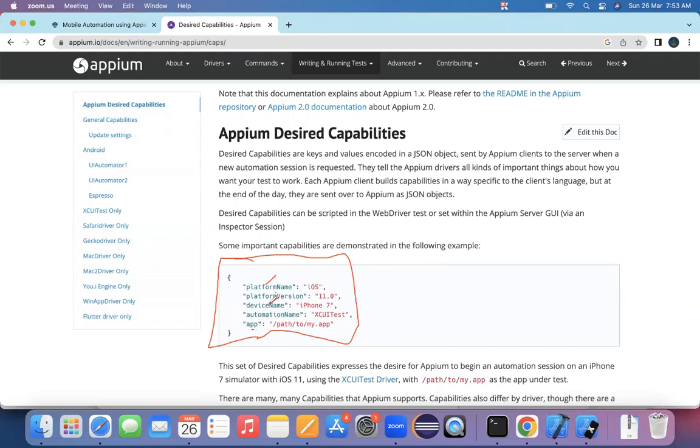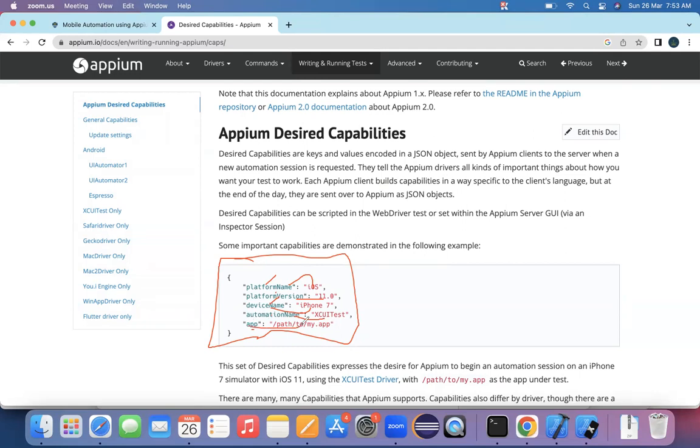The platform name means on which platform I want to execute it. The platform version means what exactly the mobile OS version is, the operating system version. What is the device that we are going to target, what is the automation name that we are going to use, and what exactly the app file is.